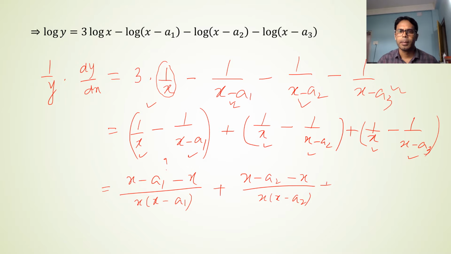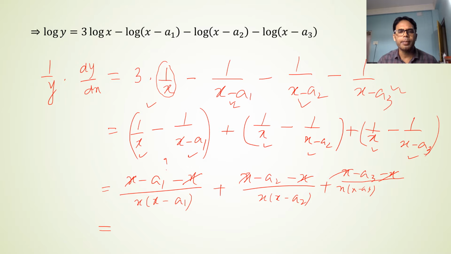Very simple. Plus here again, if you take LCM, the term will be x minus a3 minus x divided by x into x minus a3. And these positive and negative x's cancel here, cancel here, and cancel here. So we have